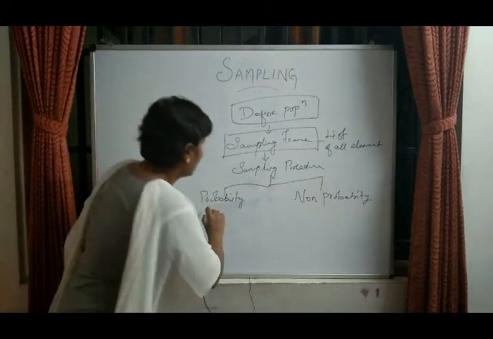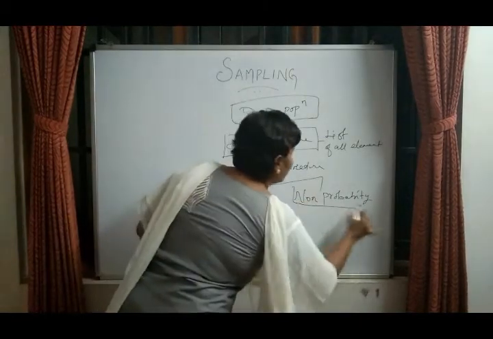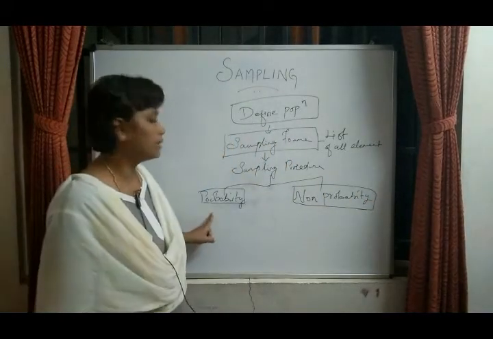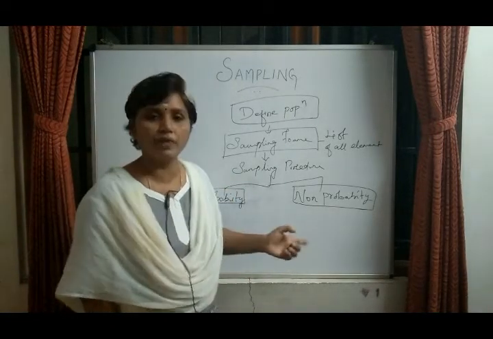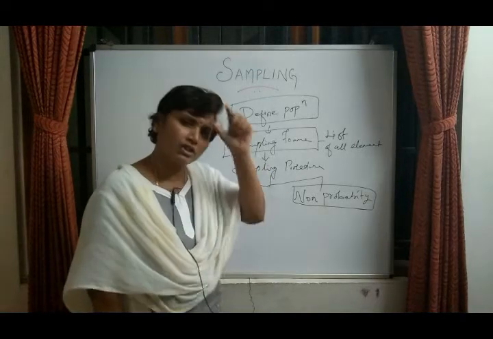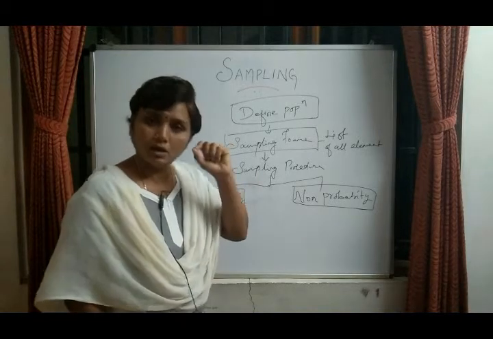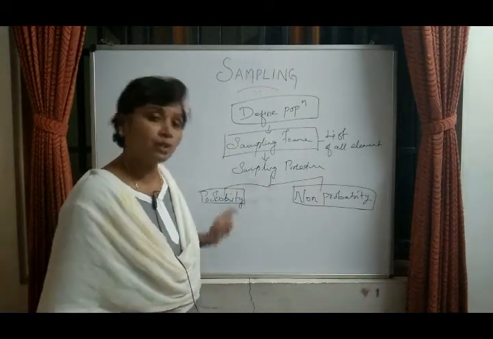Okay. So under probability and non-probability, we will have different types of sampling. In probability, we are giving an equal chance to everybody. For the textile company, if you are taking all the elements, all the 500 people or the 1000 people will be given the chance to participate in the research study. So that is the probability.